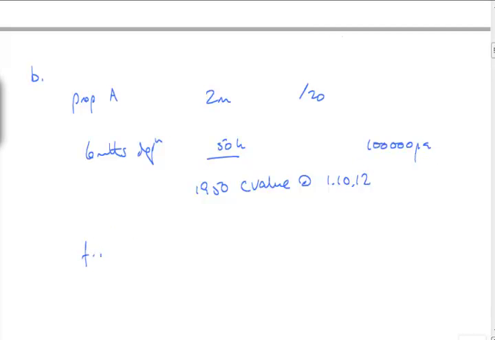It has a fair value of 2.3, so we need to revalue by 350, and that's going to go to statement of comprehensive income.